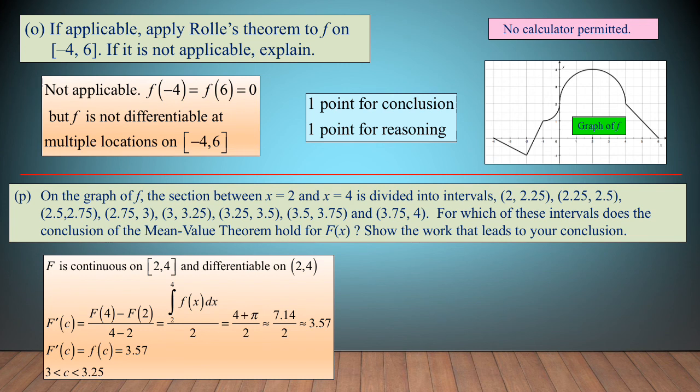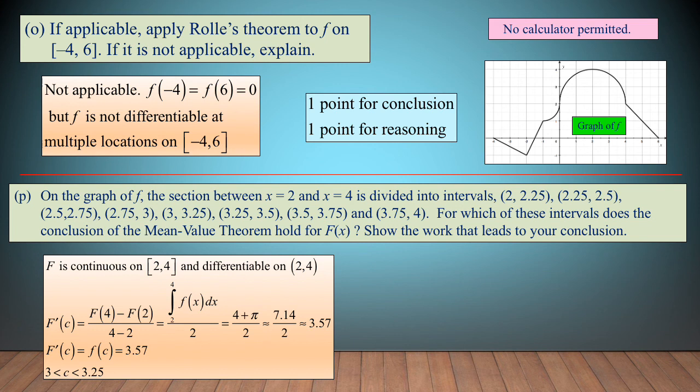However, capital F of 4 minus capital F of 2 is the integral from 2 to 4 of f of x dx, and this simply is the area under the curve, little f, from 2 to 4. That is 4 plus pi. So capital F prime of C is equal to 4 plus pi over 2,